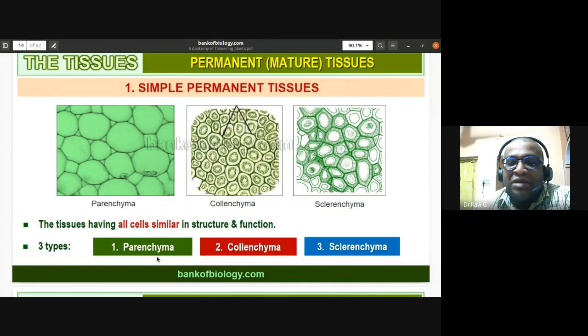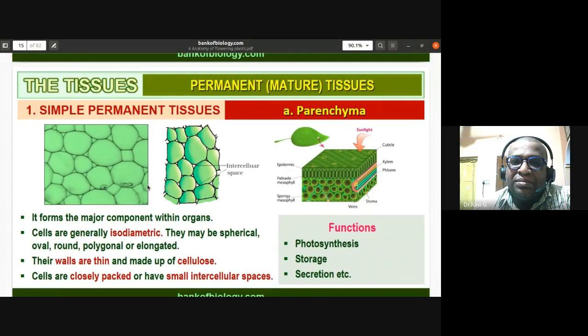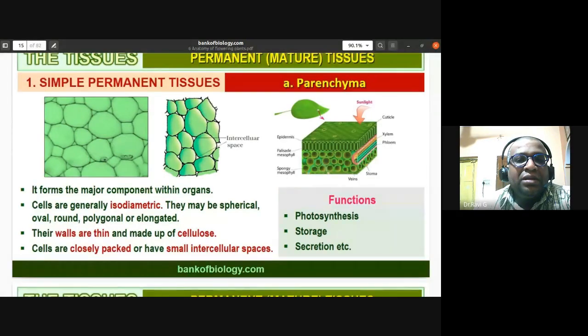Parenchyma is the living tissue. Collenchyma is also called living mechanical tissue. Sclerenchyma is the dead mechanical tissue. So let us understand about parenchyma. You can see parenchyma cells in this slide as well as the diagram given in your book. Their shapes are ellipsoidal or spherical. Some of them are polygonal, hexagonal in shape. So you find these various shapes in parenchyma.